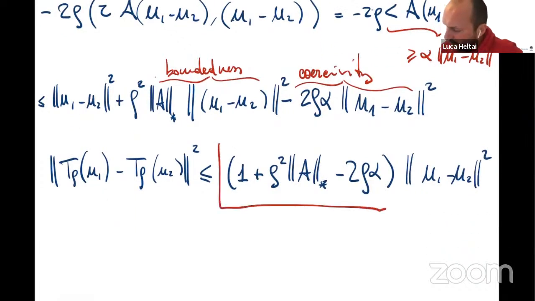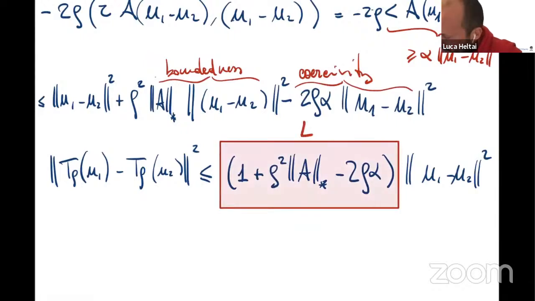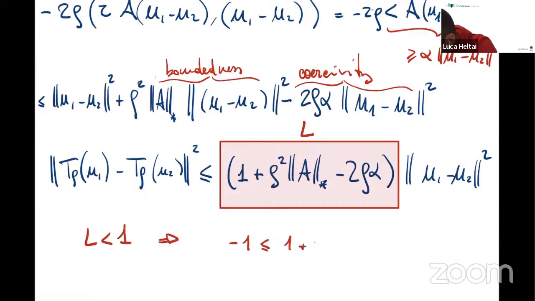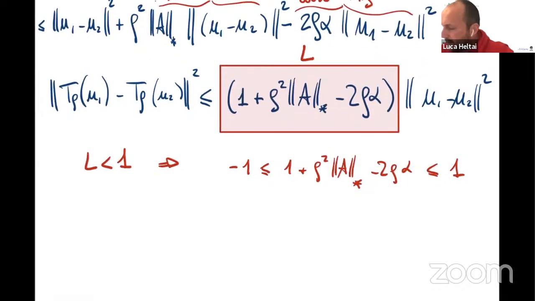So this guy over here is our L. And we would like to have L smaller than 1. If you want L to be smaller than 1, what we need to make sure is that we choose rho in such a way that this is actually satisfied. So the idea here is that we would like to have -1 smaller or equal than 1 plus rho square A star minus 2 rho alpha, smaller or equal than 1. And now I can tell you already that the one on the left doesn't take you anywhere, because it gives you